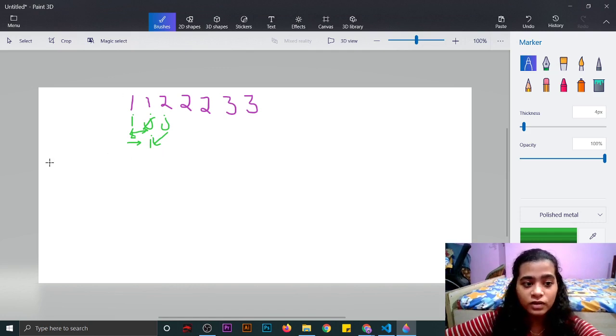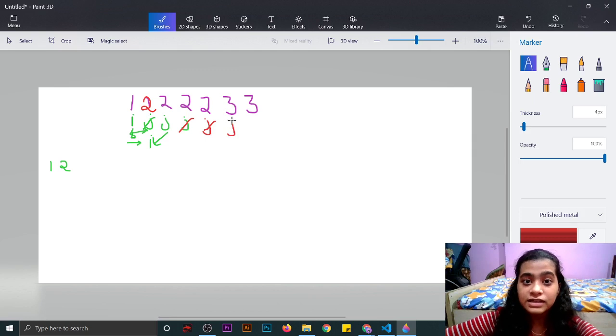So the array will look like 1, 2. Now we will compare i with j again. Now j will move forward. i and j are the same because 2 is placed here, because we copied the value of j into i. So 2 is placed here. Now this i and this j are the same, so we will not take it because we have to take unique elements. We will move j forward. Now these two are also the same.